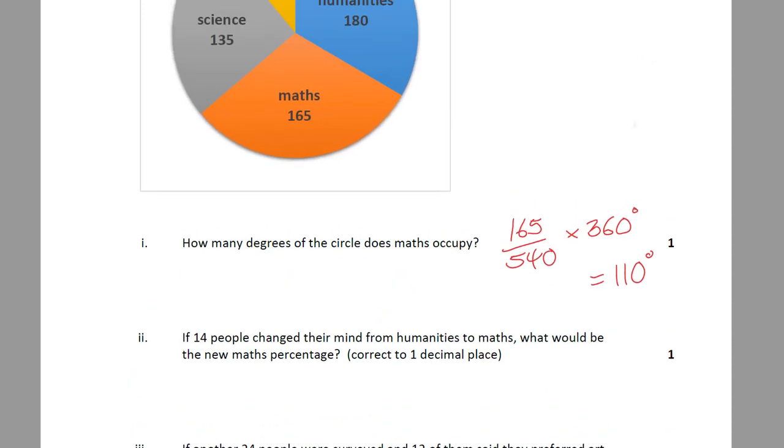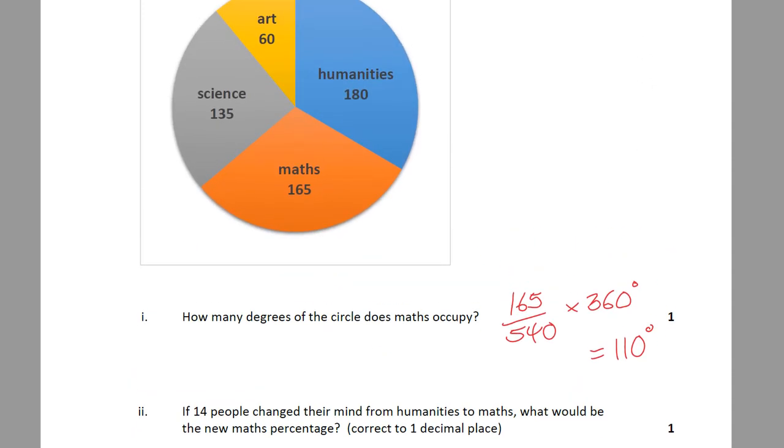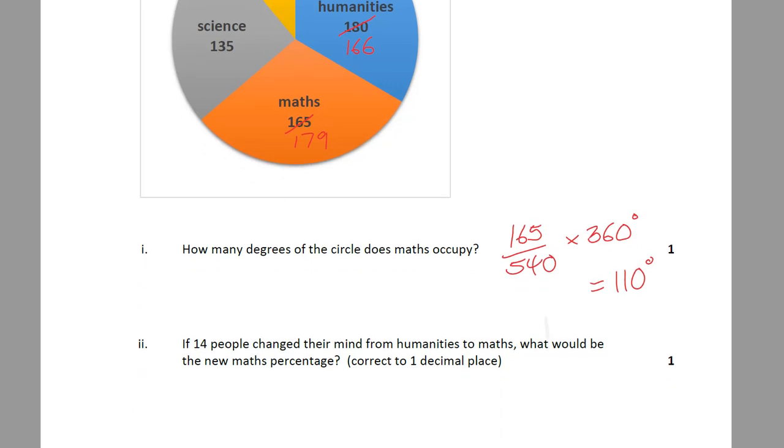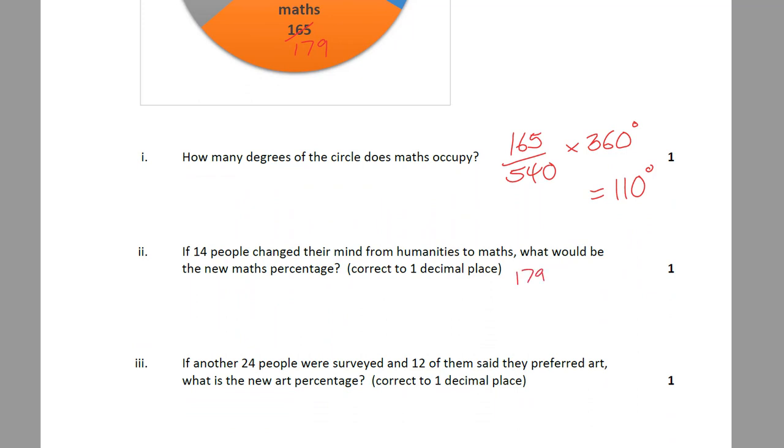If 14 people change their mind from humanities to maths, as they should, what would be the new maths percentage? Okay, we calculated the old maths percentage, but didn't ask for it. 14 people change their mind. Humanities, you're down to 166. 14 changed, and those 14 added to here to give me 179. So my denominator is still 540 people, but what's the maths percentage? Well, there's 179 people for maths over the same 540. That's a fraction. A fraction times 100 turns into percent, which it asked for. 179 divided by 540 times 100, and I've got 33.1%